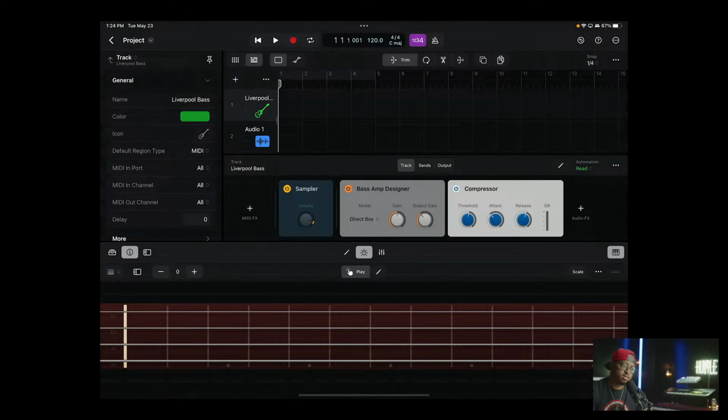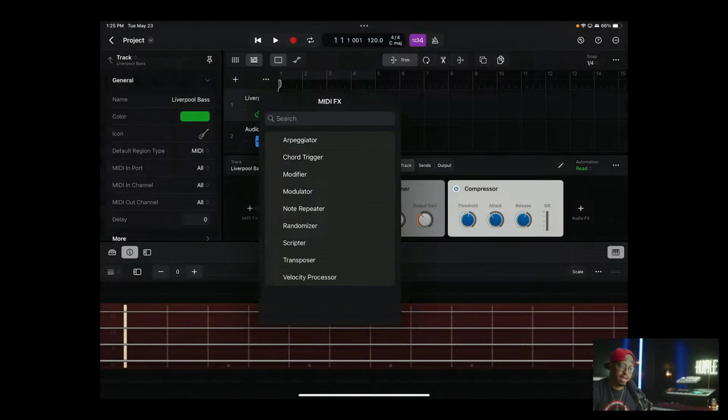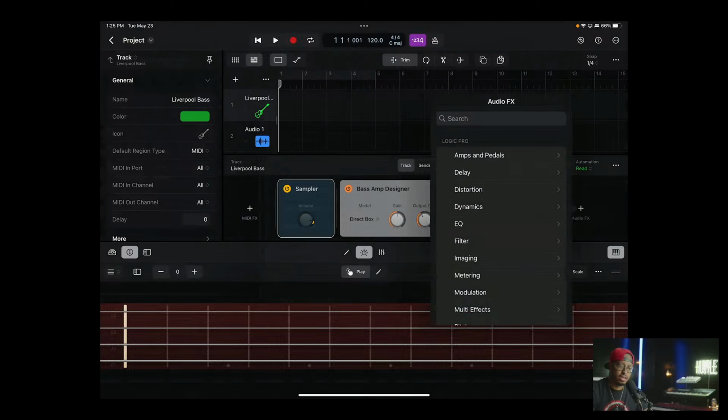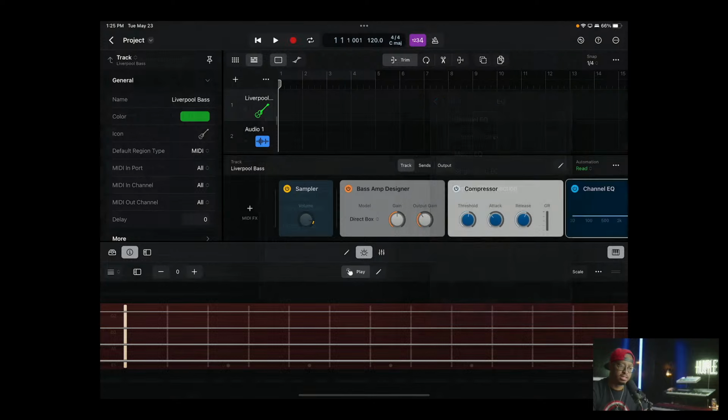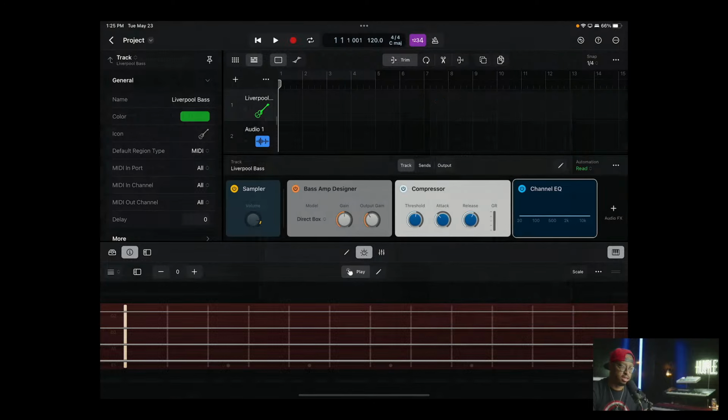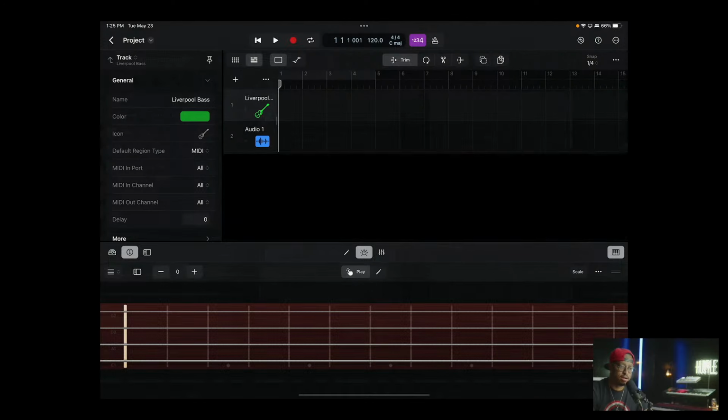I love this. I saw this on the website and in the video they were showing, this little layout that they got where you have the different kind of module tree. So if I want to add a MIDI effect, it's right there. If I want to add audio effects, this is how you add it. So if I want to add an EQ, that's how I would do it. So it's in the chain. And how I got there